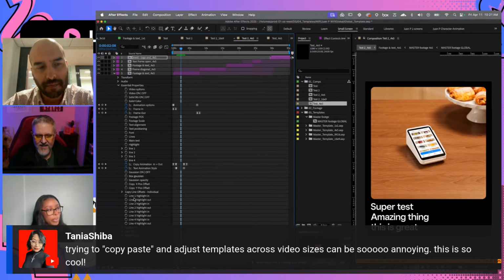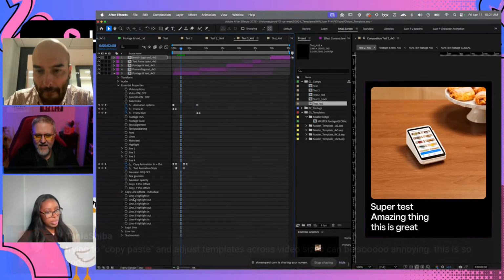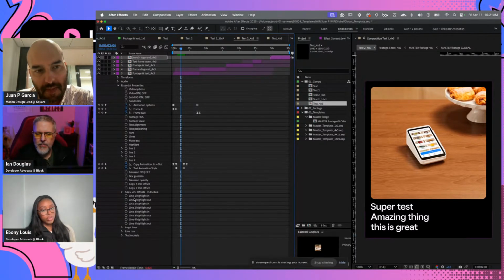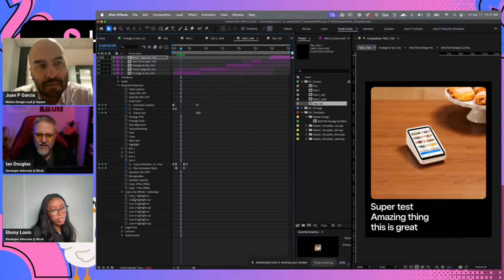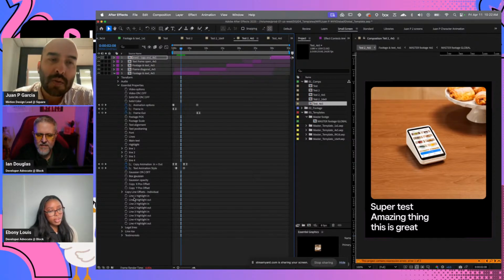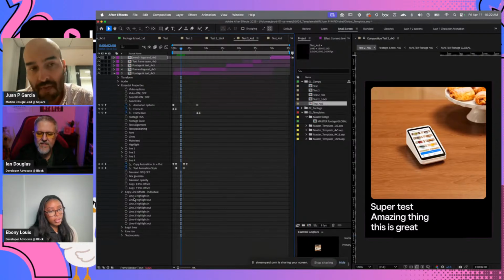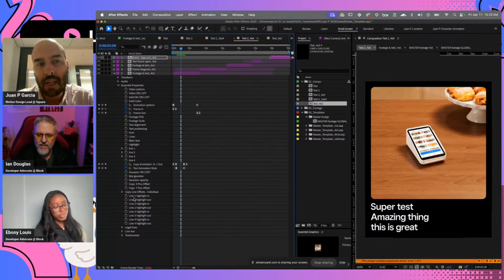So for someone watching that would like to try this out, maybe they have a similar situation, what would be a tip that you would give them to help get them started with doing this with Goose? I think, think about how you can create efficiencies in your work, in your day to day, and then start thinking about how you can ask Goose to write a JavaScript script for, in this case, After Effects. And then you start running it, right? You run it. If it gives you an error, you paste it back in Goose and say, it gave me an error. And it's little by little, you start building the script as you wish.